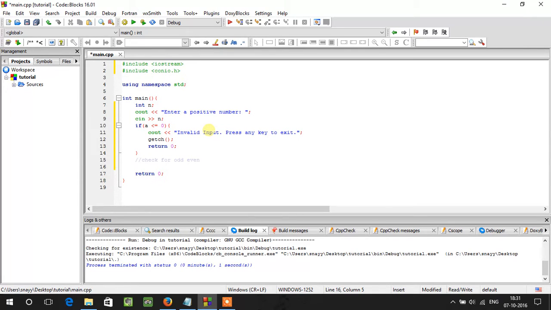Now, if n percent sign 2, which is the remainder when we divide n by 2, is the same as 0, which means the left side should be the same as the right hand side, it will return true, otherwise it will return false. So print out on the screen n is an even number,